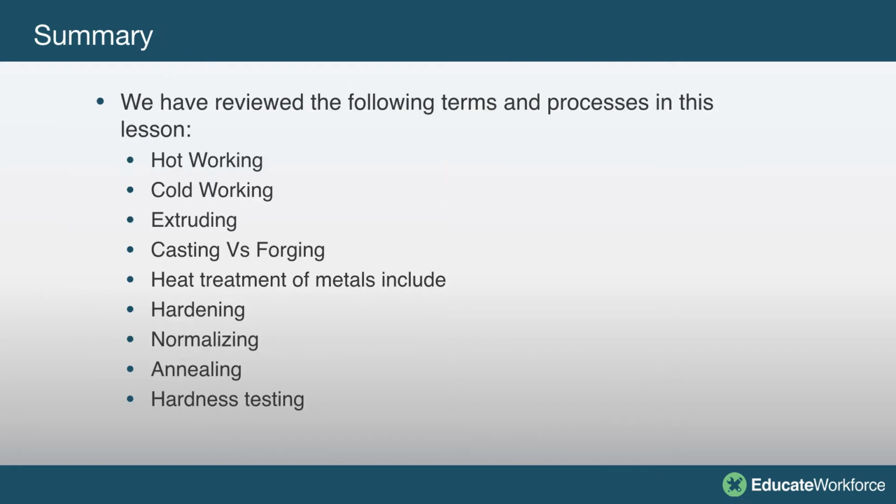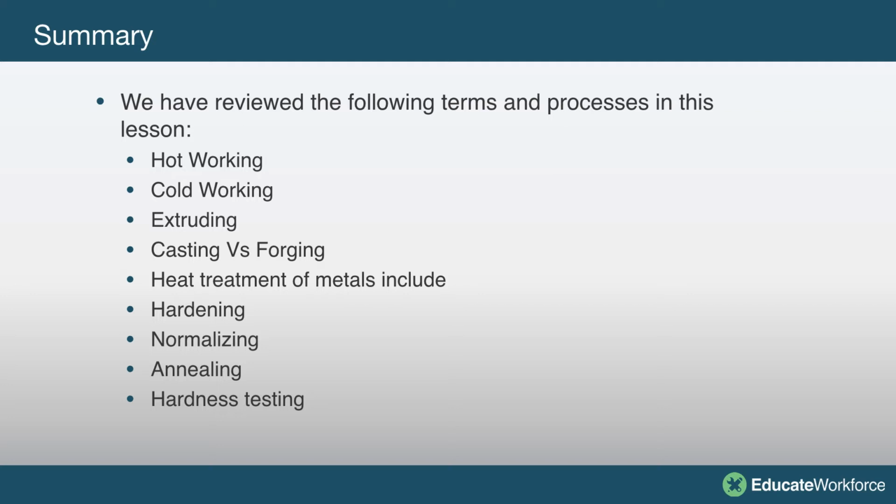So in summary, we've reviewed the following terms and processes. We've looked at hot working and cold working. We've discussed that most metals will be both hot and cold worked. We talked about extruding, how we actually force a metal through a die to get a specific shape. We talked about the difference between casting, which is pouring a liquid into a mold, versus forging, which is like